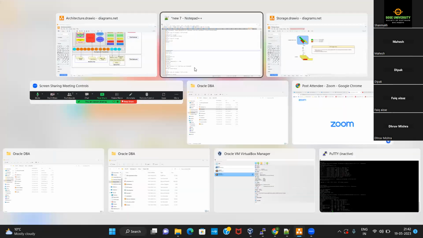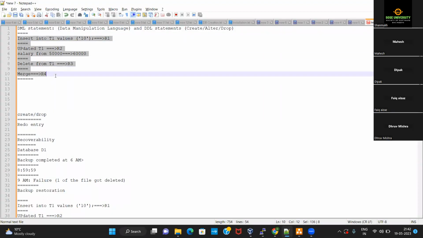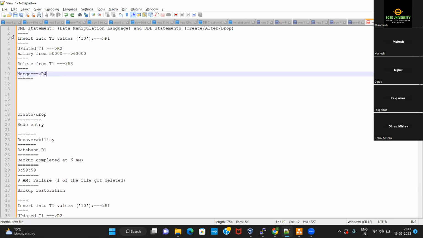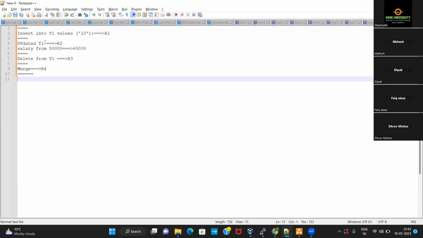Now, coming back to this example, we'll take these examples again. If these are the DML statements that have been fired by one of the users, they have a corresponding redo entry as well, represented as R1, R2, R3, and R4.